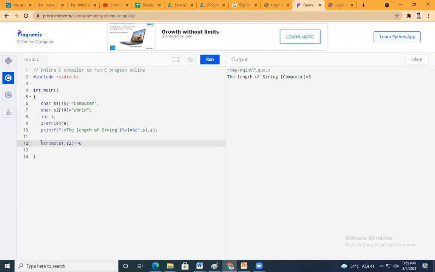Now I will write here: if this is true, then print the message strings are equal, else strings are different. I need to include it in the printf statement.